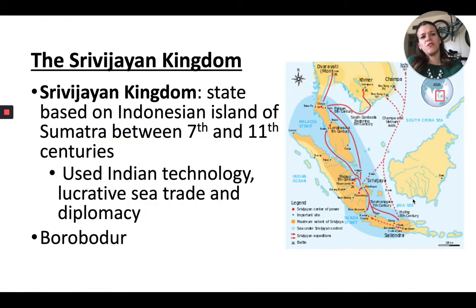So, the Srivijaya kingdom. I told you not to bother trying to spell it earlier. How would you sound that out? This is going to be a state based on the Indonesian island of Sumatra, right? Between the 7th and 11th centuries. So, they will be really dominant in terms of trade. They're going to use technology they get from India,